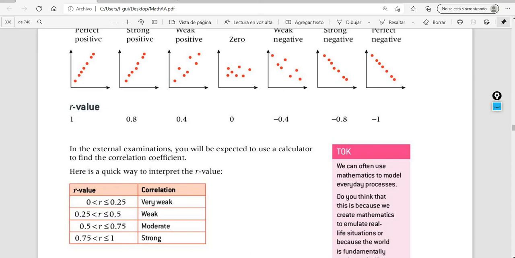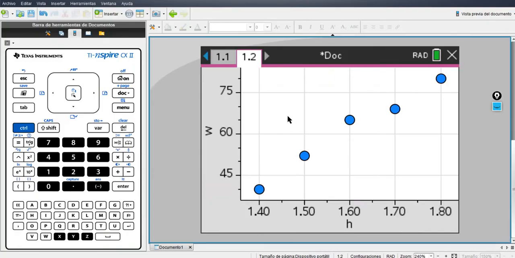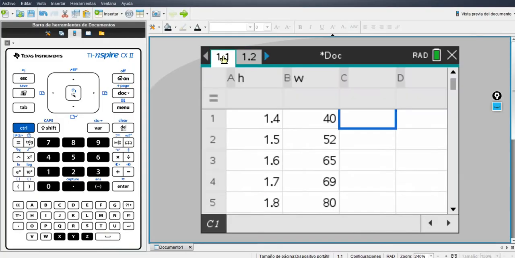Okay, so let's actually, is this thing recording? Just making sure. Let's actually find the correlation coefficient. So let's go to the previous document, 1.1. And what I'm gonna do, guys, is I'm gonna perform the basics. I'm gonna find the basics of bivariate data for this data set. Okay, this is a data set of bivariate data, and I want to find some things among which is the correlation coefficient. What do you do? You go to menu,